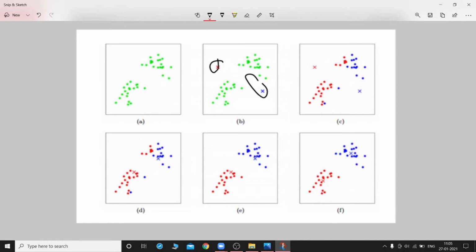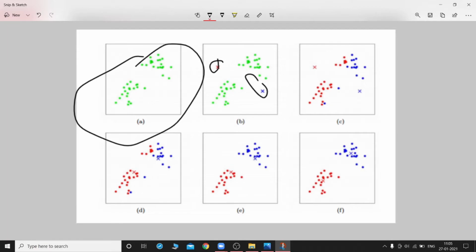Let's say in this example we need to separate them into two clusters, so we are using two cluster centroids. If you want this data to be separated into 5 clusters, then you may have several colors like red, blue, green, orange, black. Any different colored centroids can be used. So what are these going to do? These are going to separate based on their mean position in the graph.